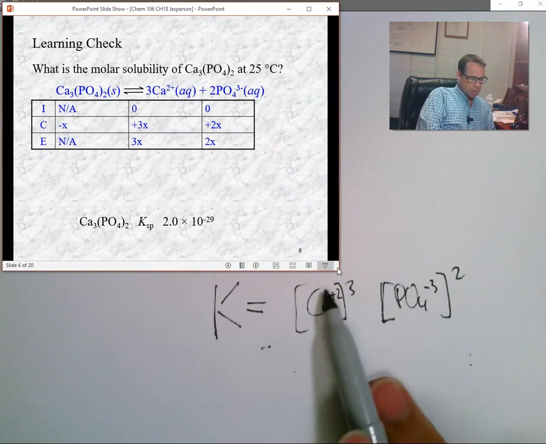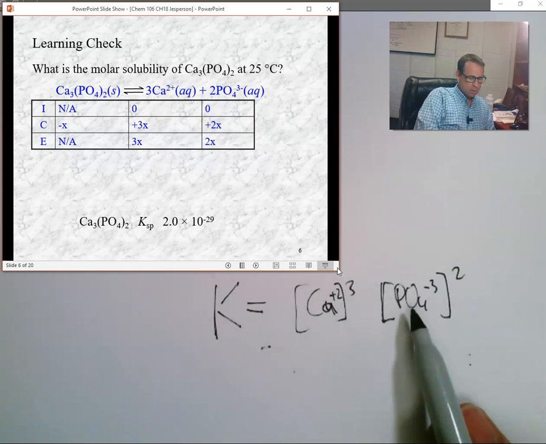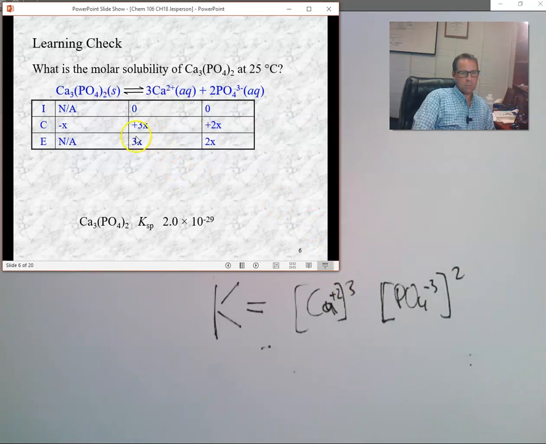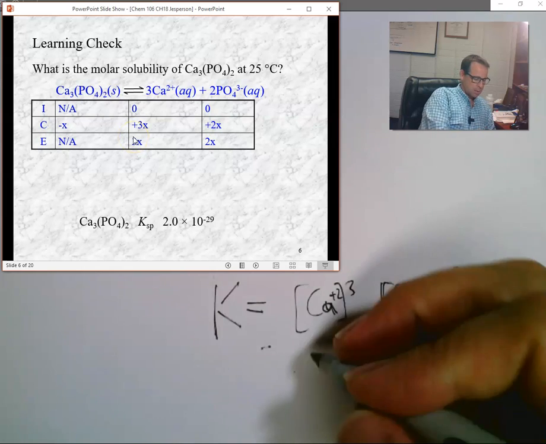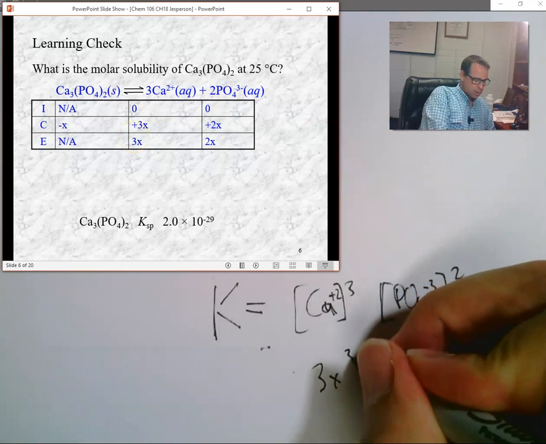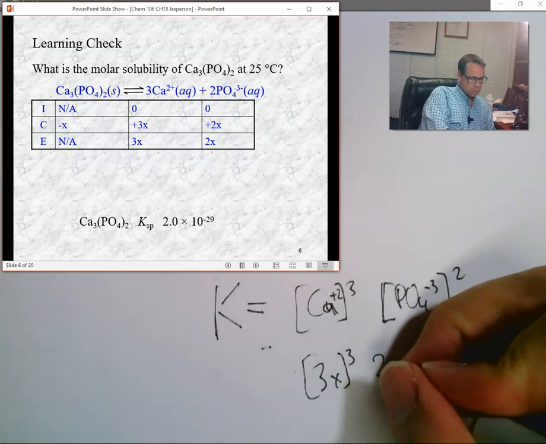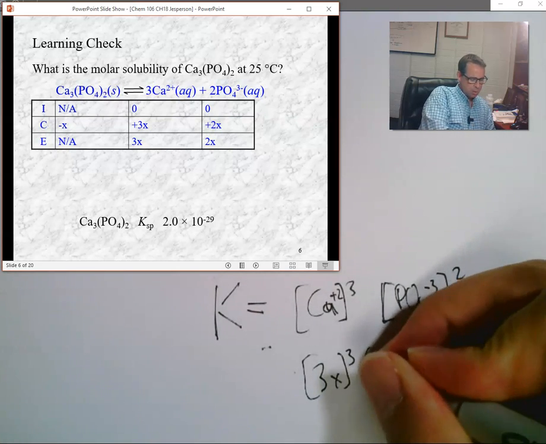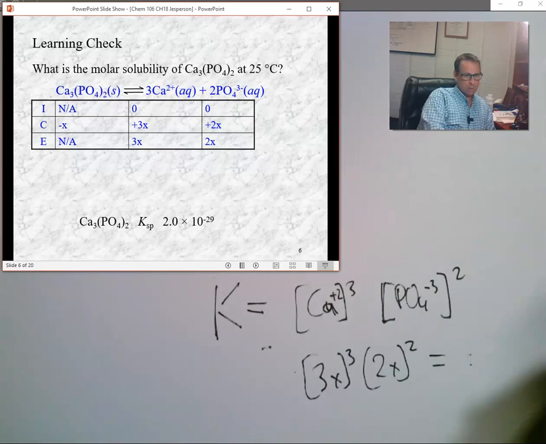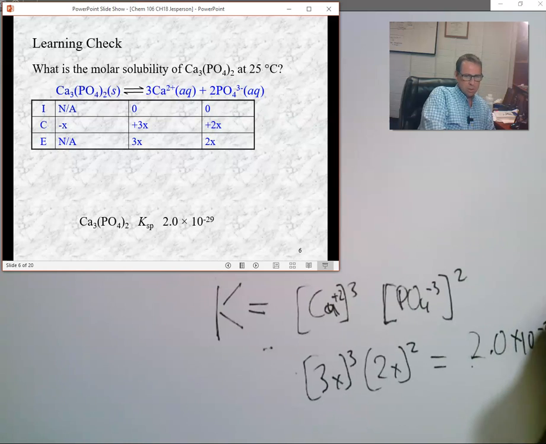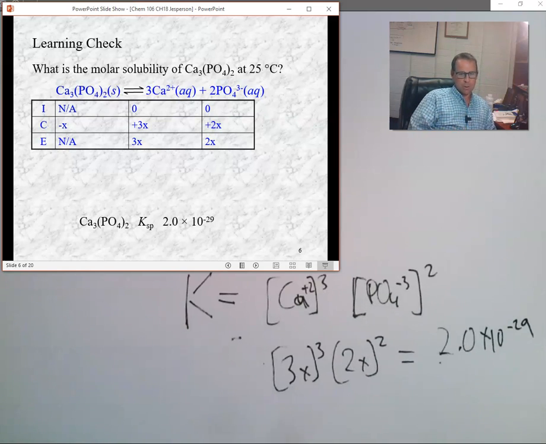And again, this is the concentration of calcium at equilibrium. This is the concentration of phosphate at equilibrium. And the concentration of calcium at equilibrium is represented by our ice table as 3x. So this is (3x) cubed, whereas phosphate here is (2x) squared, and that will equal our K, which is 2.0 times 10 to the minus 29. Solving for x then will give us